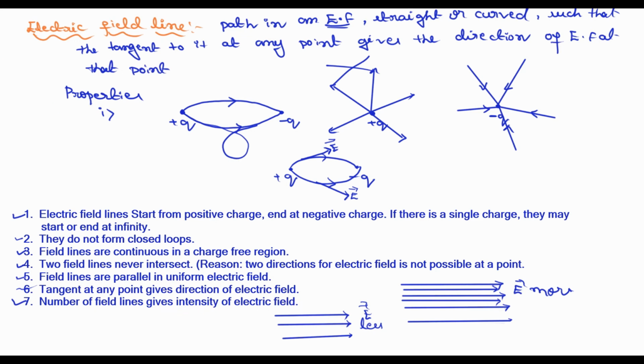So this is very important because this has been asked many times in the 2 or 3 marks category. Okay, they'll ask, mention any two properties of electric field lines. In the 2 marks category they ask, mention any 2 properties of electric field lines. Or in the 3 marks category they can ask, mention the properties of electric field lines. So it is an important one.